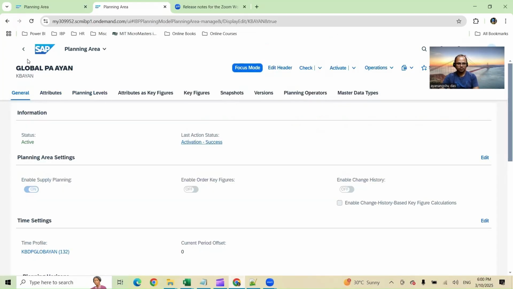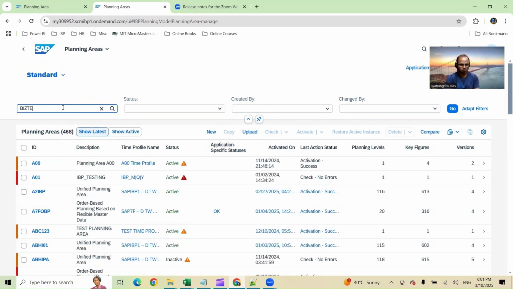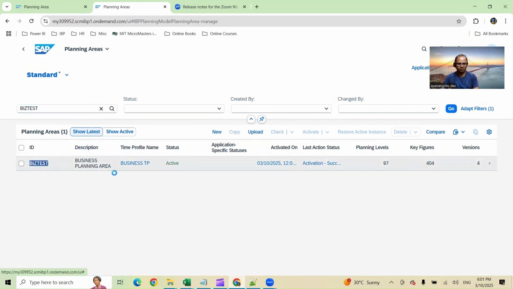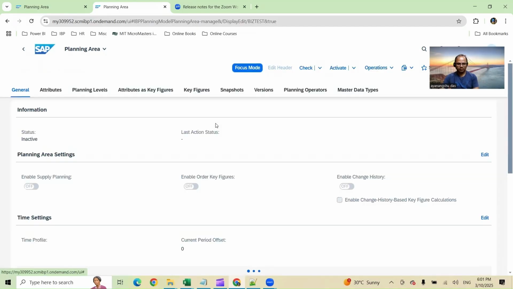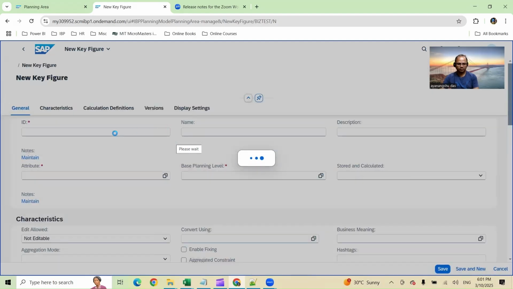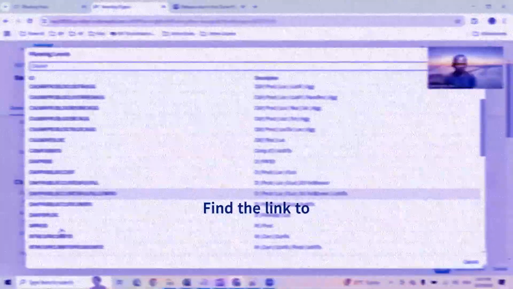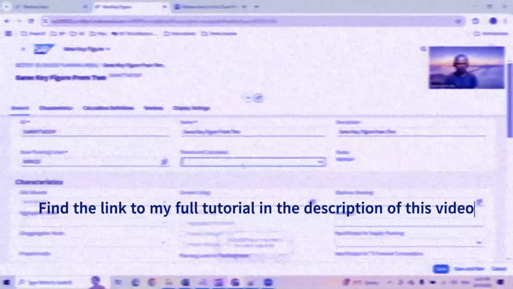So let's go to our planning area. Go to key figures, and we'll create a new key figure. We'll say same key figure to different, same key figure from 2. And then we'll look at a month prod level. And since we are doing some calculations, so